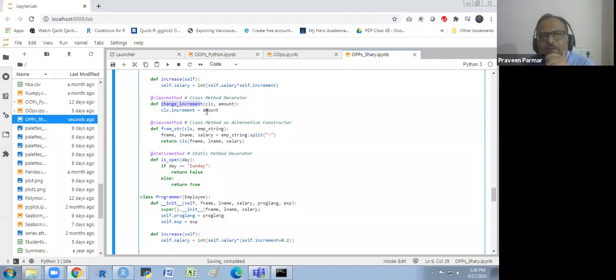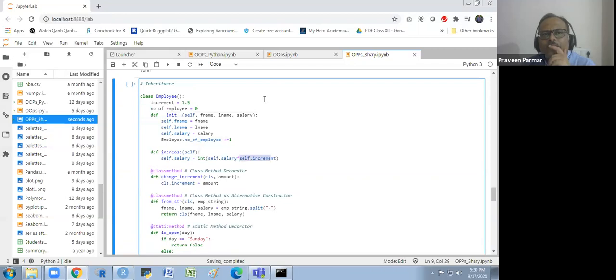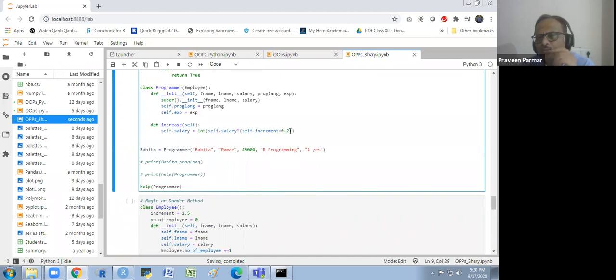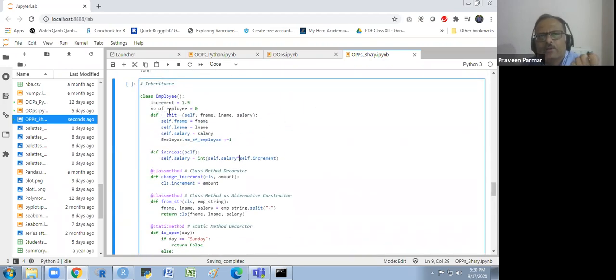So we are getting self dot increment here, and it is increasing too. Self dot increment plus 0.2% should be more for them, whatever the increment we are giving. So the self dot increment is 1.5 plus 0.2, so they will get 1.7%.